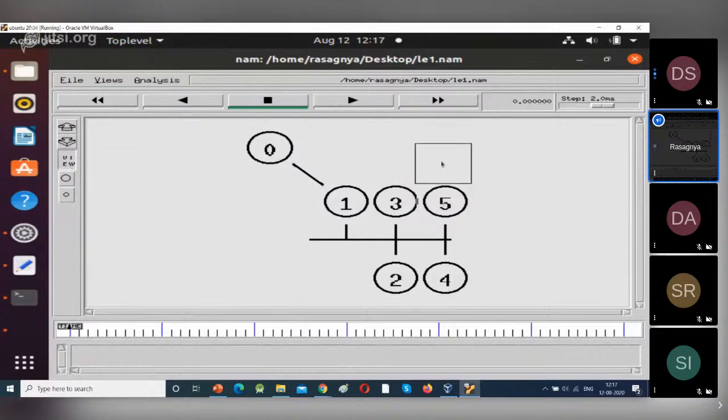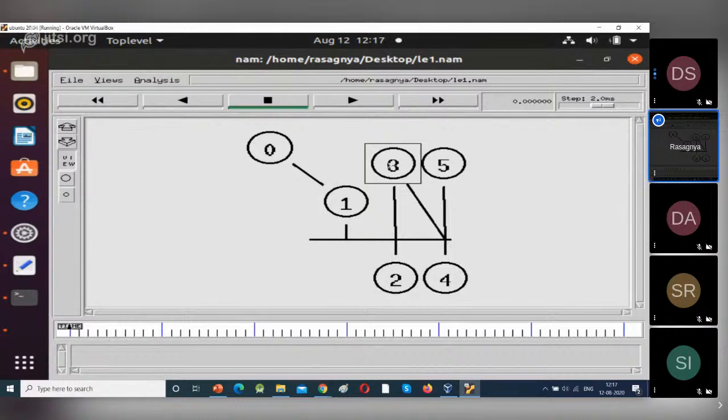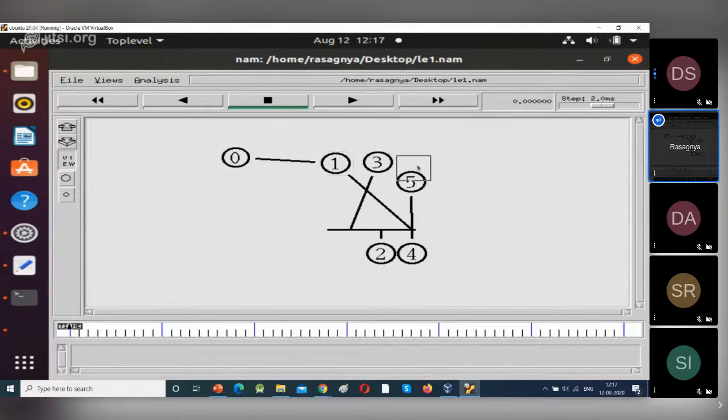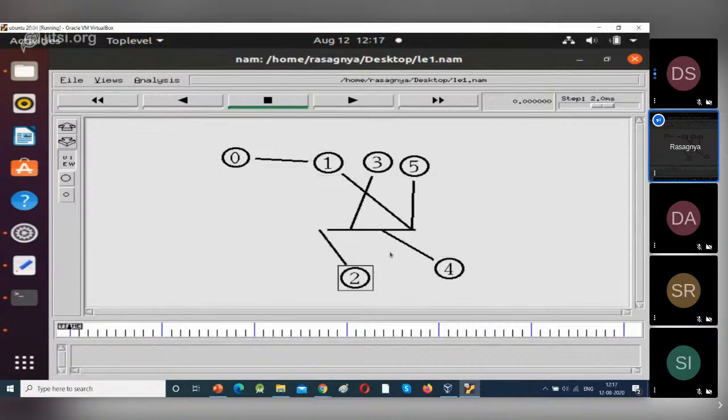Just move this LAN. So this is the LAN connection. All the devices have been connected, and 0 is the sender and 5 is the receiver.